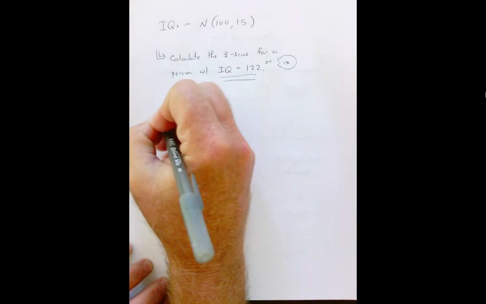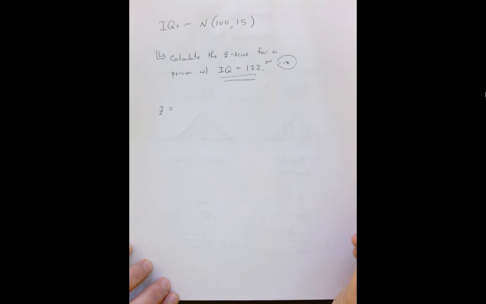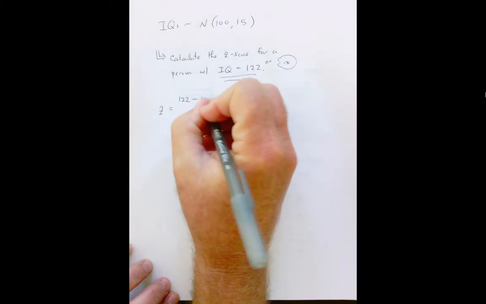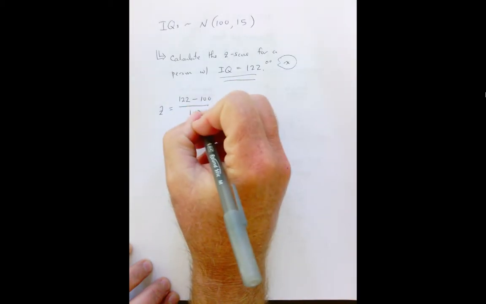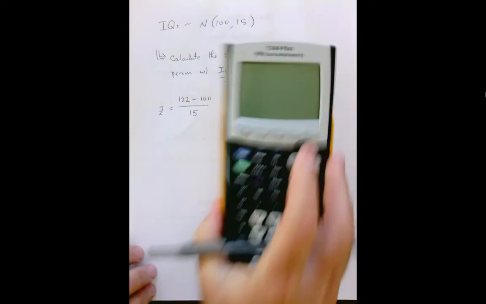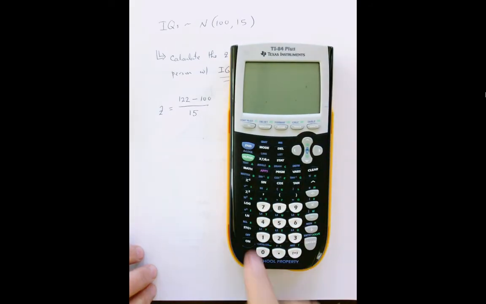So guys, the z-score would be very easy to calculate. We would just take the score that we want to calculate the z-score of, minus the mean, divided by the standard deviation. Now, this is an elementary exercise with your calculator, as long as you don't get goofy on me,